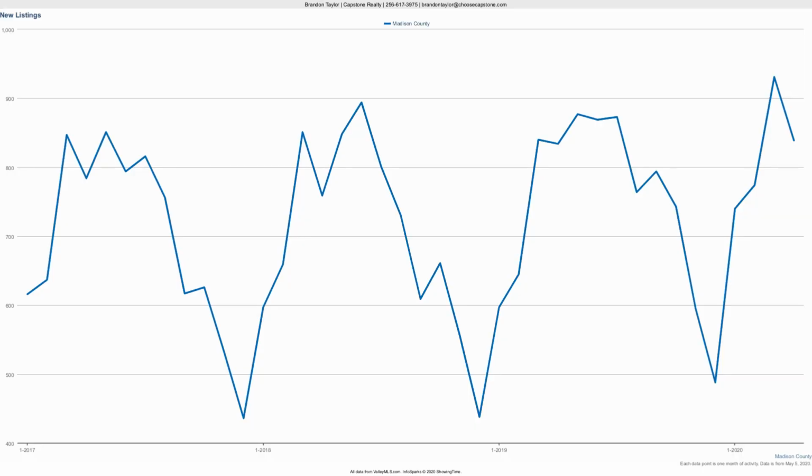Look at this chart, you see that we had 836 new listings in the month of April. This is a pretty big step back from our spike to 931 last month. But comparing it to last April, we were at 834 versus 836. So 2 houses difference, which is essentially the same, right? So we're less than 1% difference in number of new listings, which I was a little bit surprised at because it seems like we've had that slowdown throughout the month,